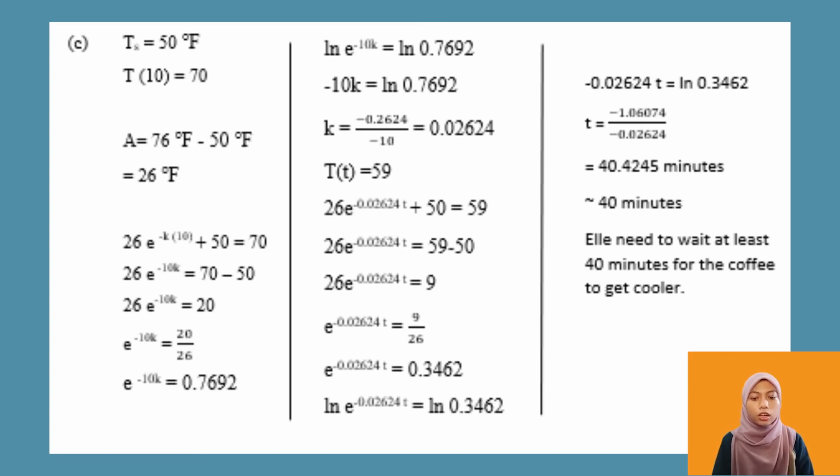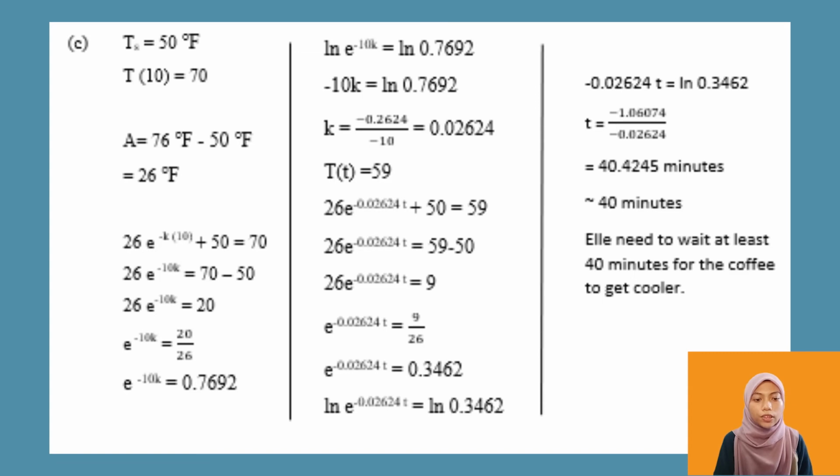And then we just solve it as usual until we get exponent of negative 10K equals 0.7692. So to eliminate the exponent, we need to take ln on both sides. After we have taken ln on both sides, we will get negative 10K equals ln 0.7692, and then we just solve it by dividing ln 0.7692 by negative 10, and then we will get K equals